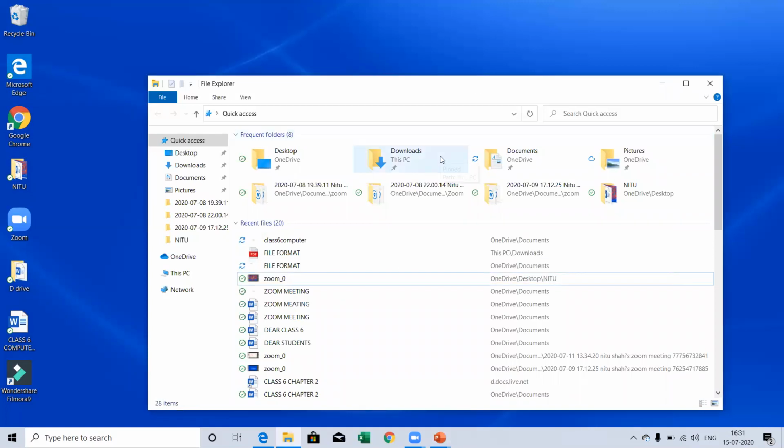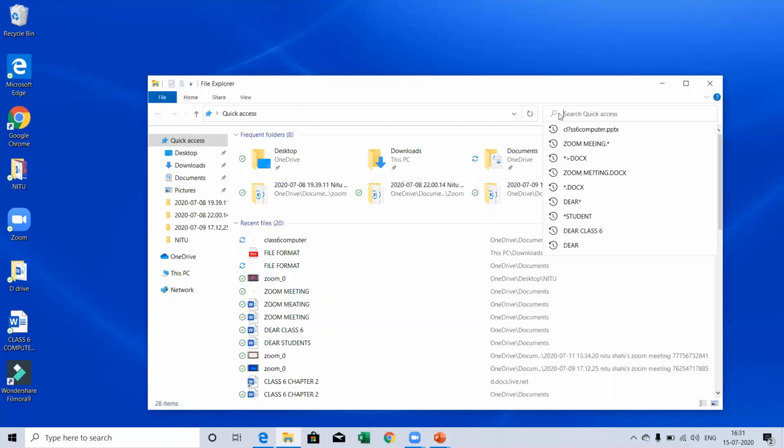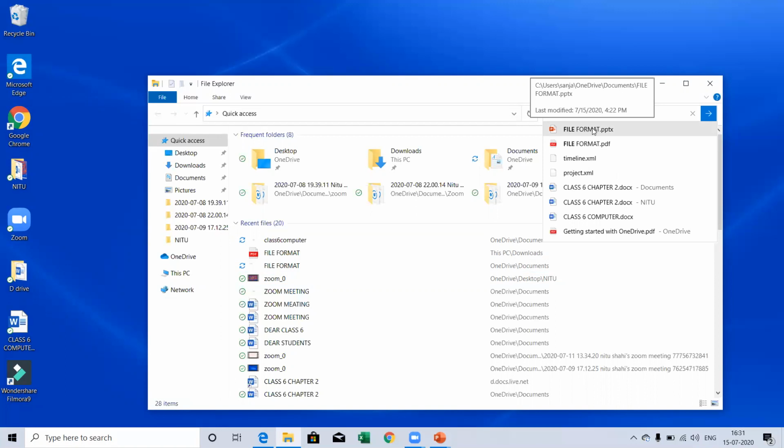Next, I explained how you can use the wildcards to search for a file. And one more thing: if you cannot find your file or folder in this list, in File Explorer there is also a search box. This is the search box. You can type your file name here, like I want to open my file format. With file format, all these are coming, like file format.pptx.